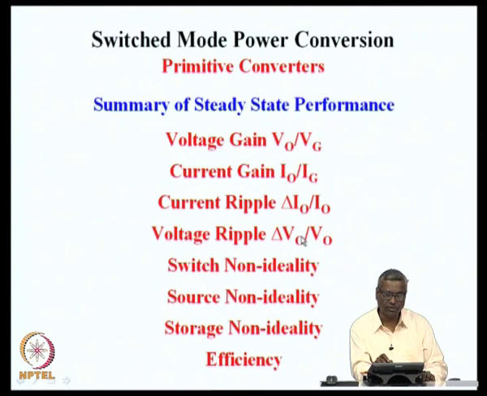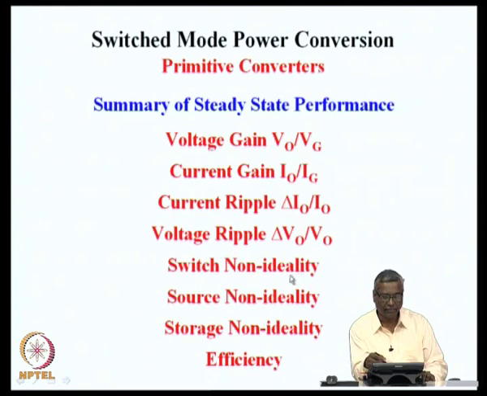Similarly, the voltage ripple also we could evaluate as a ratio of high frequency ripple voltage divided by the DC output voltage. The DC output voltage is the useful voltage, and the ripple voltage is the non-ideality on that. DC current is the useful current, delta I naught is the non-ideality on that. V naught by Vg tells us the control performance, how we are able to control the output voltage from the input voltage Vg. This current gain tells us how the load current is reflected on the source by the ratio I naught by Ig. And we saw that under ideal conditions, all these numbers had certain performance numbers,